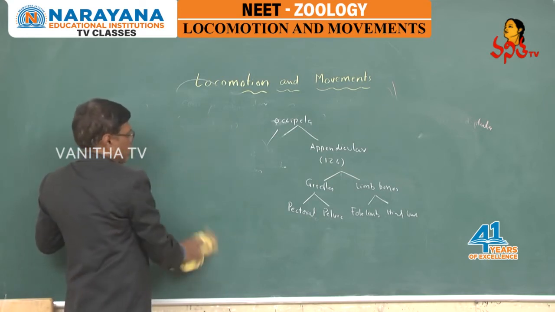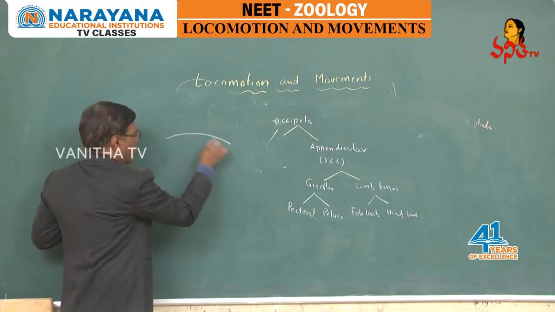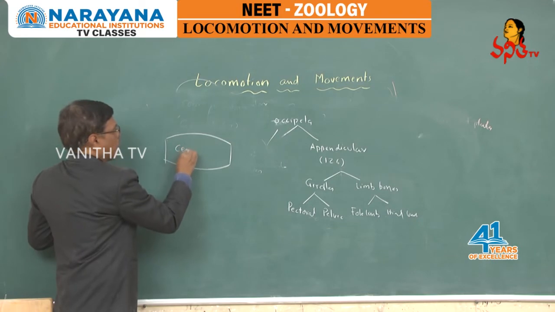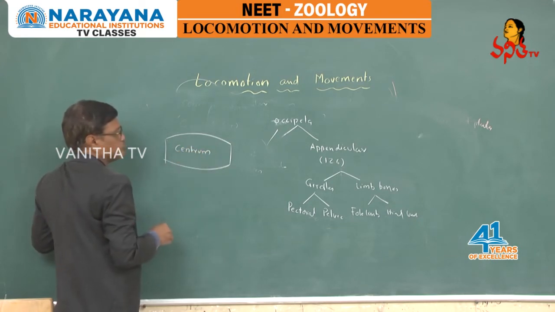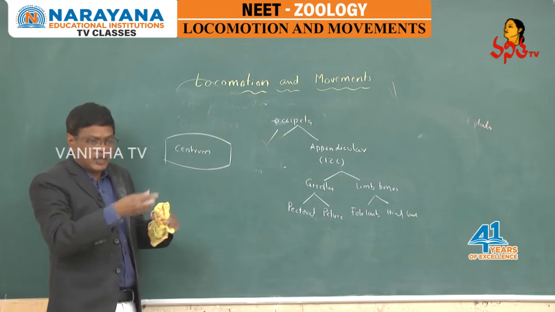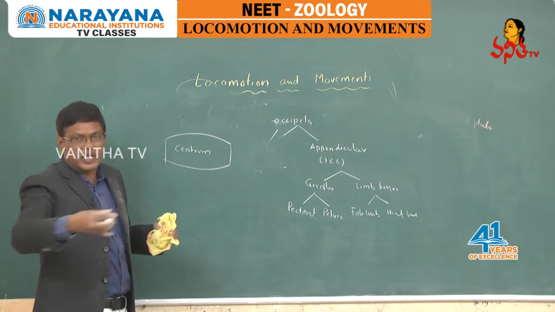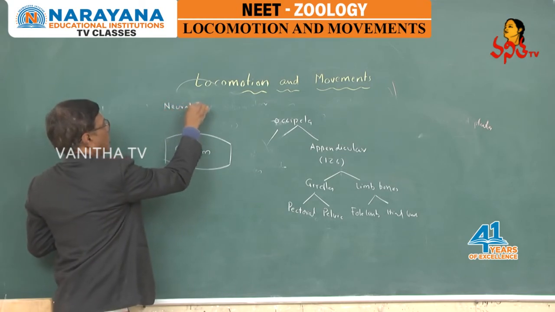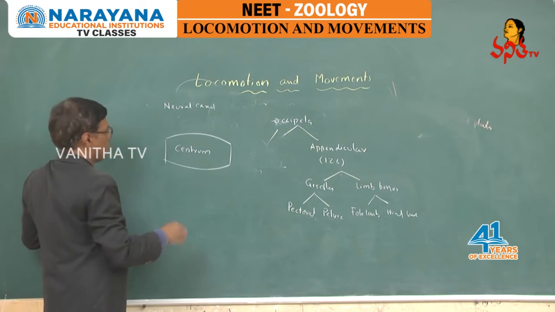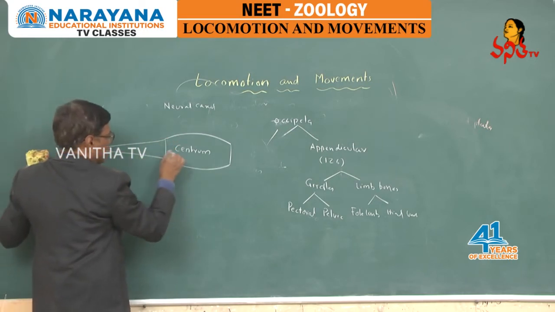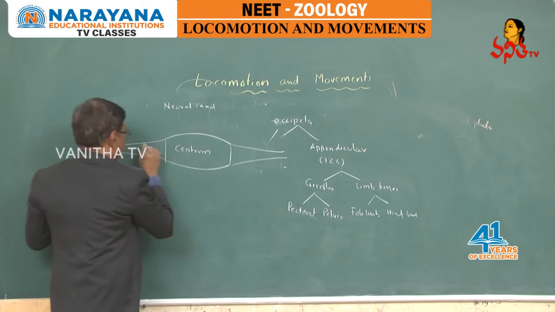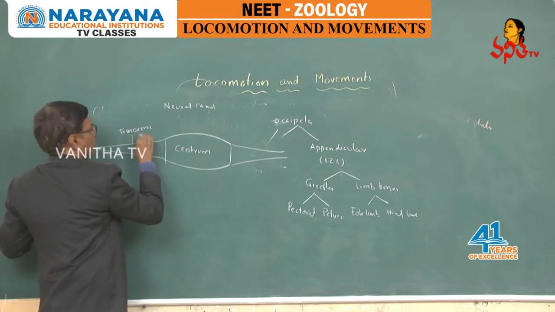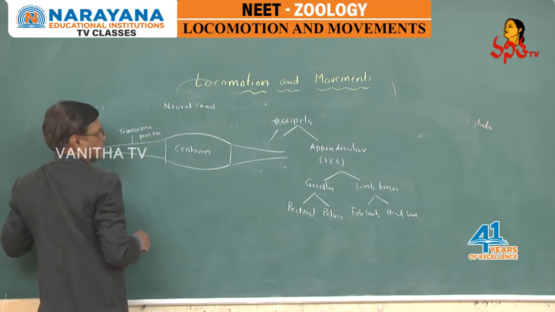Then each vertebra consists of a central body. What are the parts of each vertebra? The central body is called the centrum. The centrum encloses a cavity through which the spinal cord passes, called the neural canal. The vertebra also has elongated structures originating from the centrum that are called transverse processes.